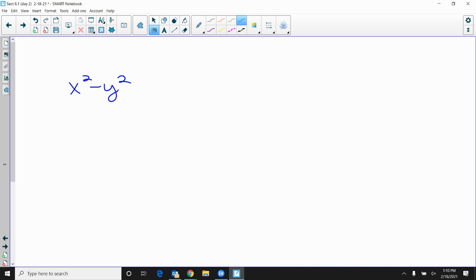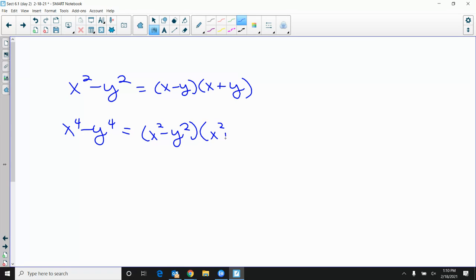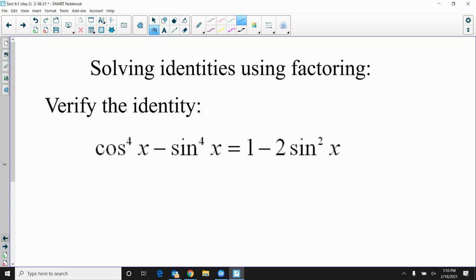What's x squared minus y squared? Remember what that factors into? That factors into x minus y times x plus y. So if I make it x to the fourth minus y to the fourth, that's going to factor into x squared minus y squared times x squared plus y squared. So that's basically the difference of squares. So now instead of x fourth minus y to the fourth, I got cosine to the fourth x minus sine to the fourth x. So that's going to factor into